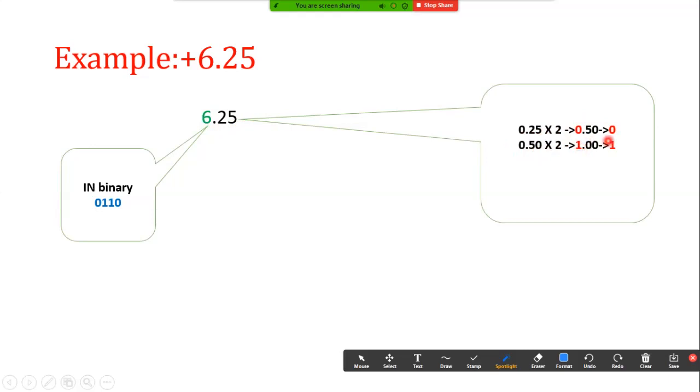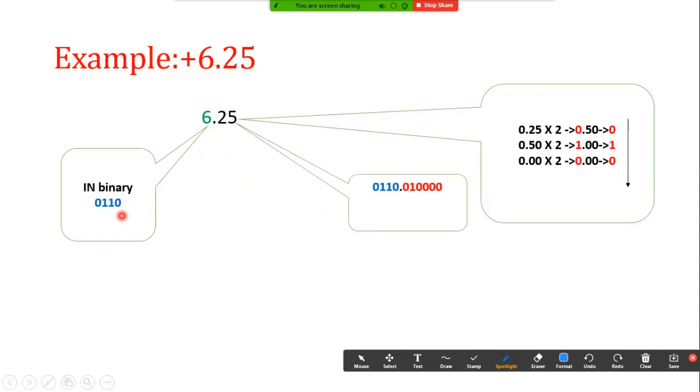Now take the 1 away, remaining is 0.00. Again multiplying 0.00 by 2, I'll get 0 only. If you continue multiplying, you'll get zeros only. Now you write from top to bottom, and directly I'll get the value 0, 1, 0. Then I'm going to write combining these two.